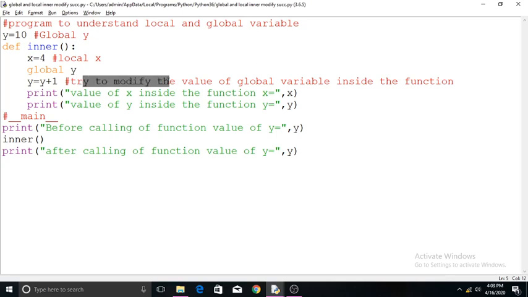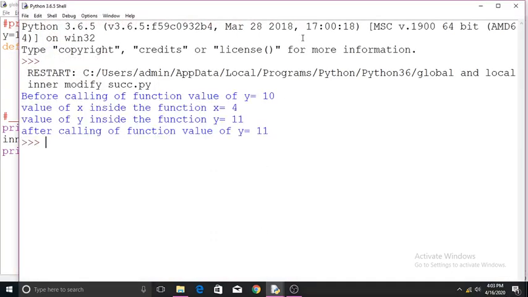So, try to modify the value of global y. Then the same: what is the value of x, what is the value of y inside the function, and what is the value of y before calling and after calling. We will run this program and check what output is coming.